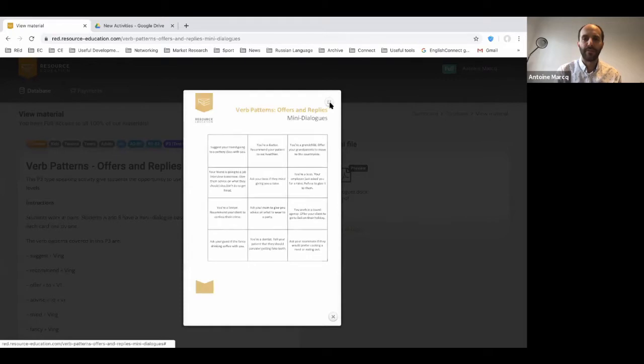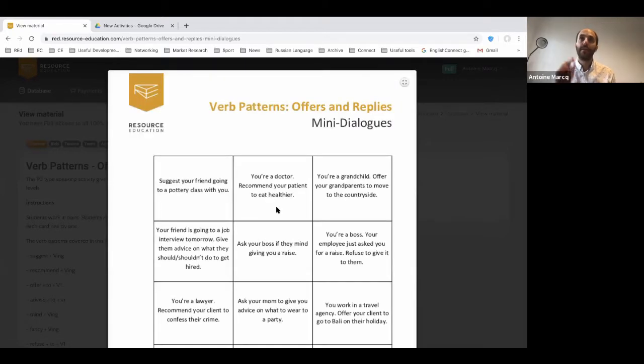And there you have mini dialogue ideas. Again, they can be used as a P3, do it now. They can also be used as a production, take 5-10 minutes to prepare a little play. The great thing about plays is that I know we don't do enough of that at all, but social media,